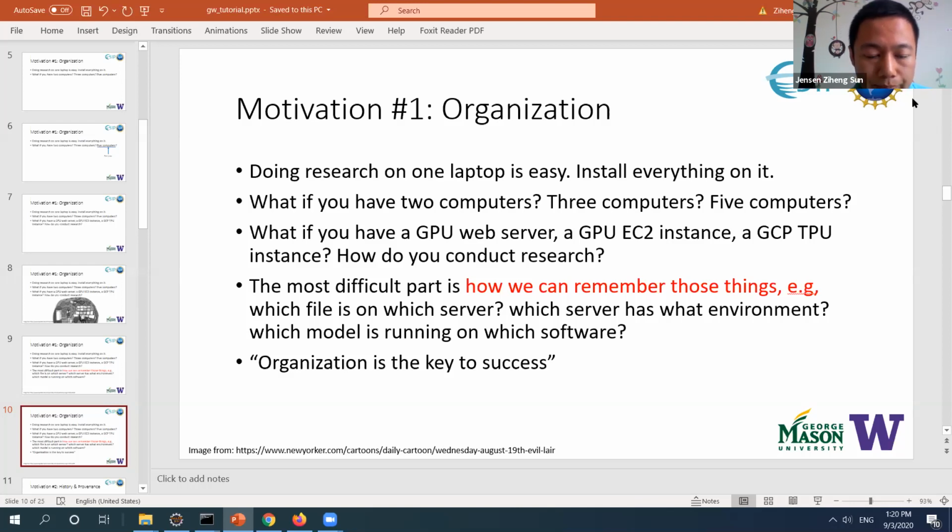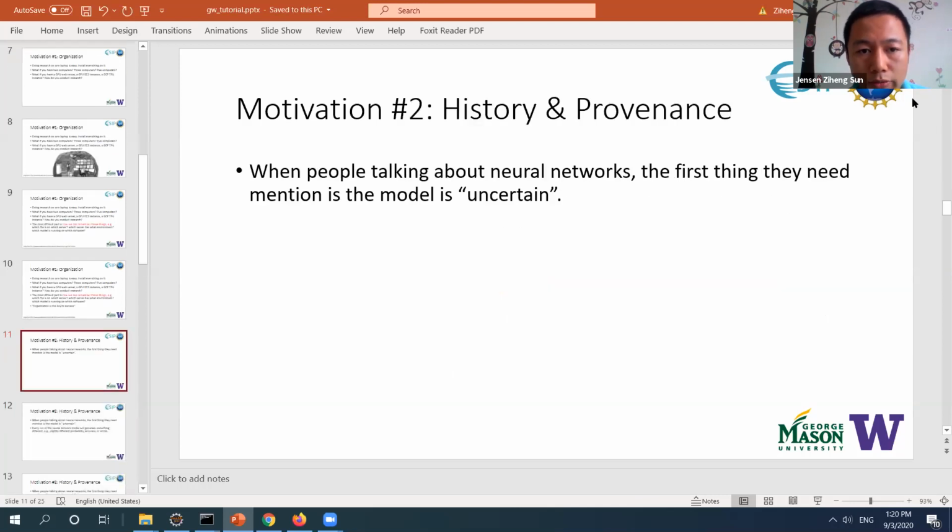So we have access to those resources, but we do not want to repeat all those software installation steps everywhere. We want one tool to manage that for us, to automate those workflows for us. So that's the first motivation of Geoweaver. And the second motivation is history. It's provenance,